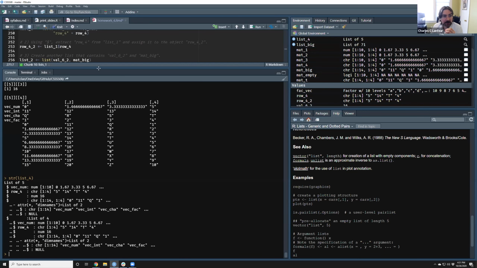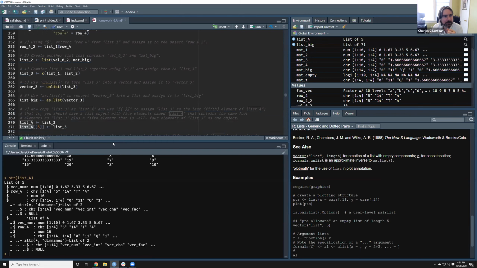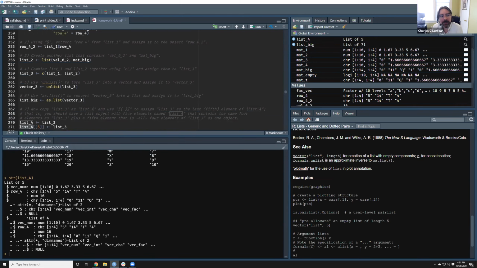If I wanted to do something, I think the next example is grabbing something out of it, so I won't say it. But this lets you show how you might subset something out. Like if we wanted exactly this row 4 here, we would have to subset down to this element and then this element within that one and pull it out, which I think is basically what we're going to do in a second. Lists are unpleasant, but I showed them to you because sometimes you're going to have to work with them, maybe. So here's a question.